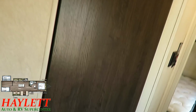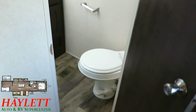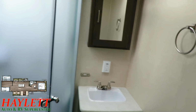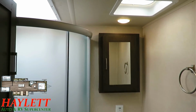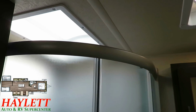Bathroom is very easy to access, by the way. Notice its location right next to that entry door, so it's easy in, easy out, not going to track a lot of dirt through the camper. Foot flush, but otherwise simple. But again, they did the right things in the right places in the right quantities. I do like that nicer, larger radius shower. The extra interior height in here does not hurt either,